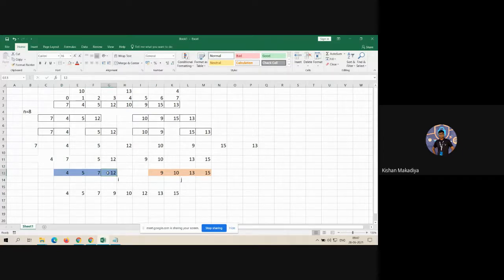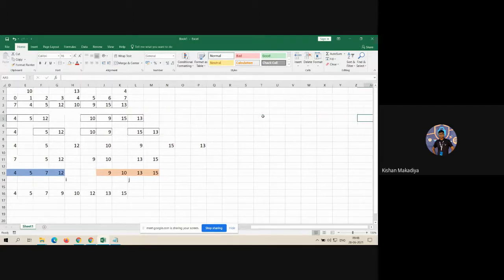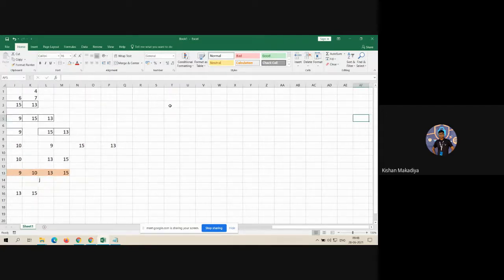It might be possible that your first array remains as it is, but the second array is complete. Let me give another example. I'm writing another example for this one.